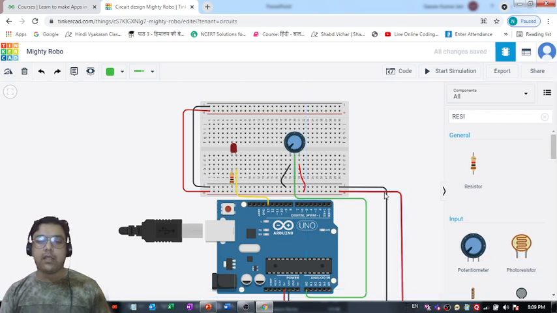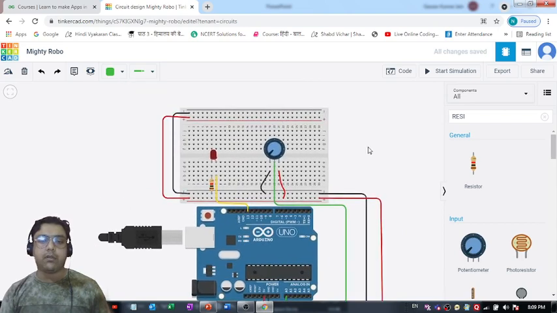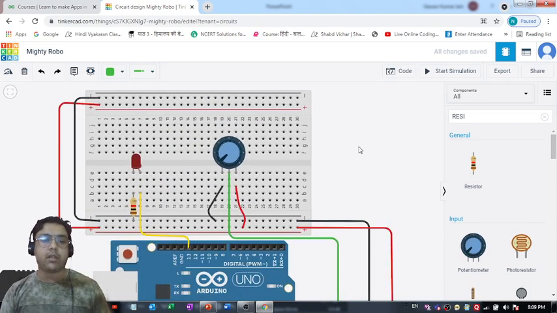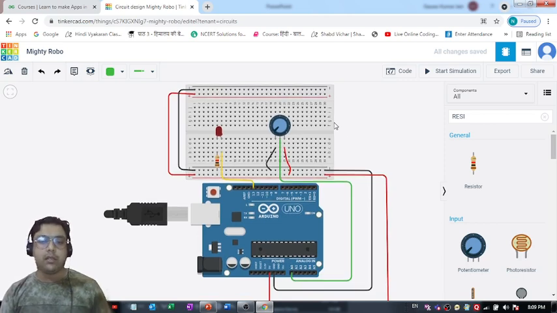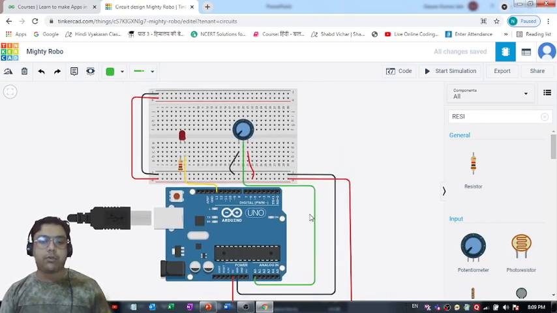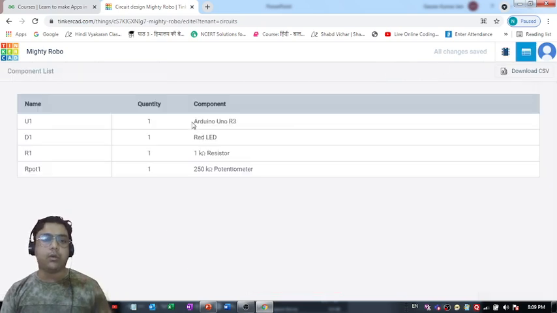So as you can see, I am done with making the required complete circuit. Let me brief you on all the things I just did. The first thing that I did was bring all the components that I require for creating this virtual circuit onto this workspace. There are 4 components which I have used. The first one is Arduino Uno R3 board.